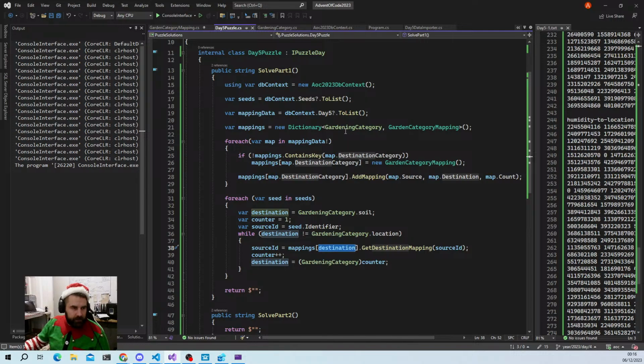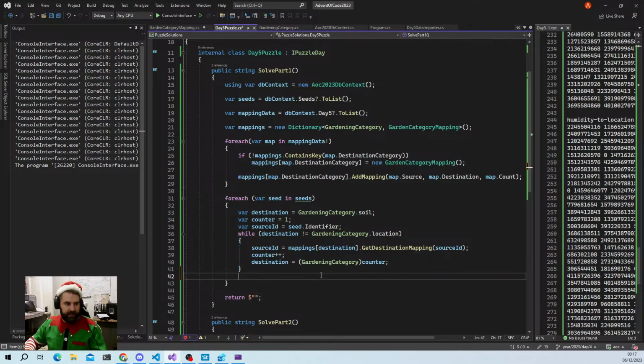So for var map in mapping data, map.destination category equals new garden category mapping. So the very last thing we need to do once we've got our location is then we're going to, so